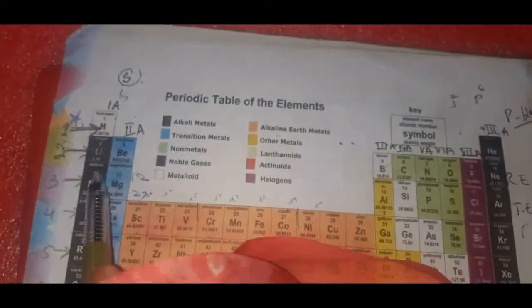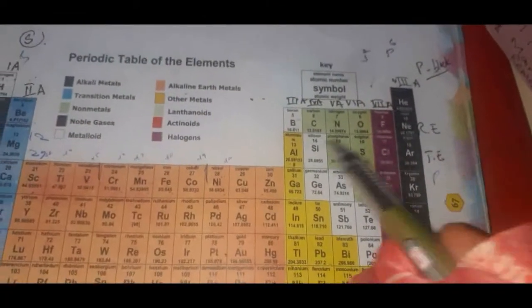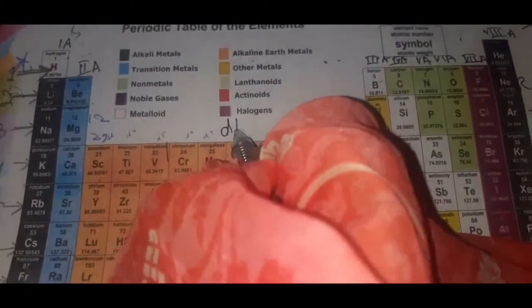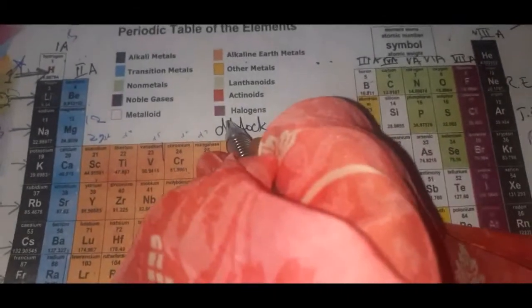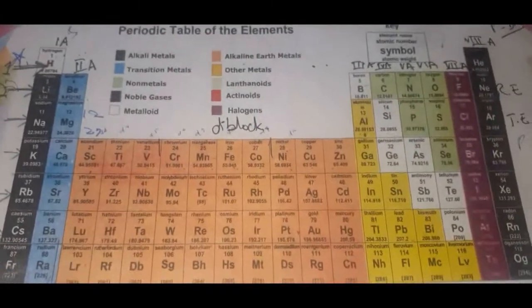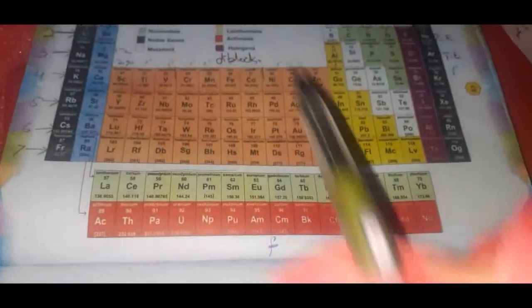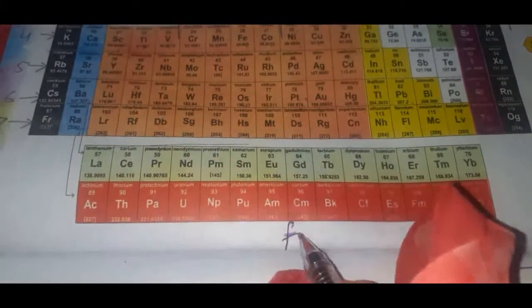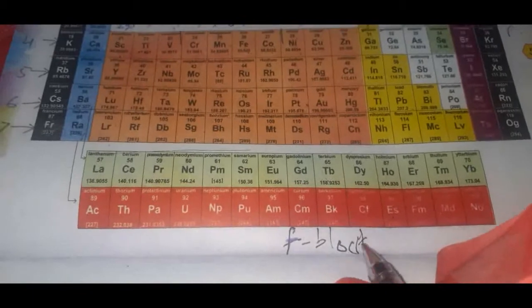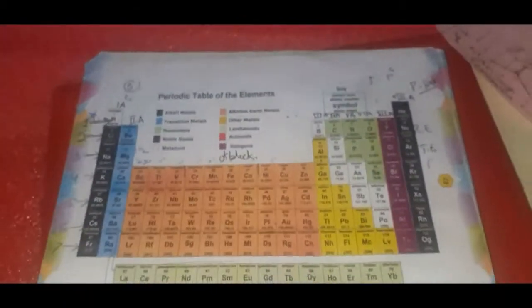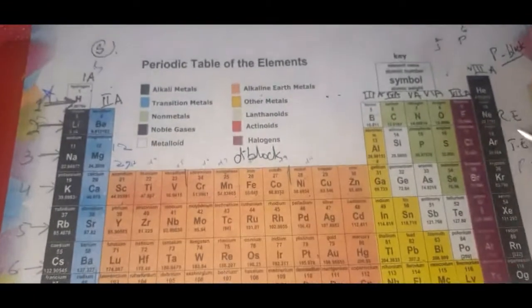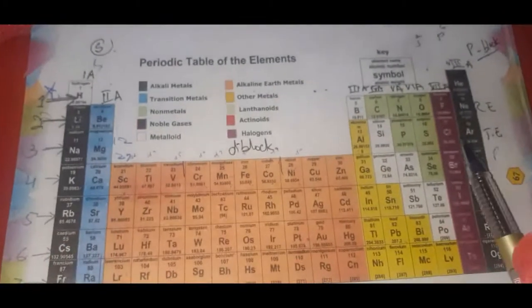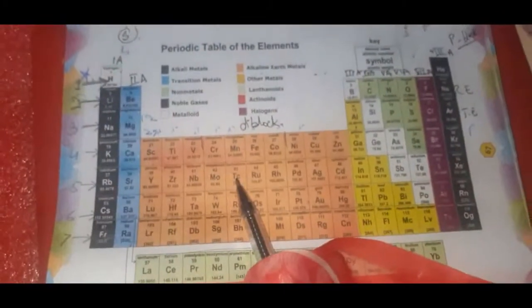So these two groups are S block elements. Over here they are called P block elements. In the center all the transition elements are known as D block elements. D block elements means their electrons fill the D subshell as the last shell, whereas the lanthanide and actinide series are called F block elements. Okay, all right. So the names of the blocks should be clear to each and every person: why we call it S block, why they are known as P block, why they are known as D block.